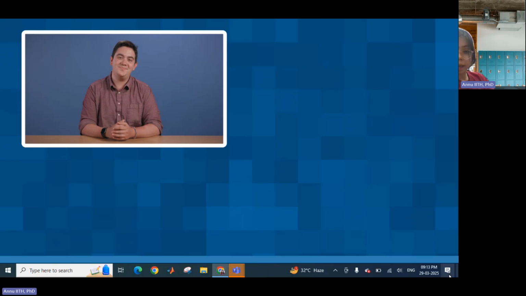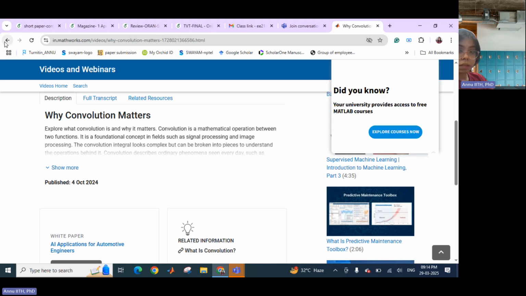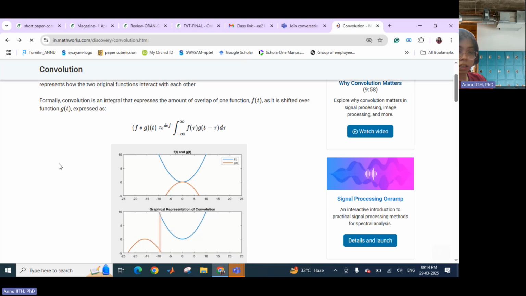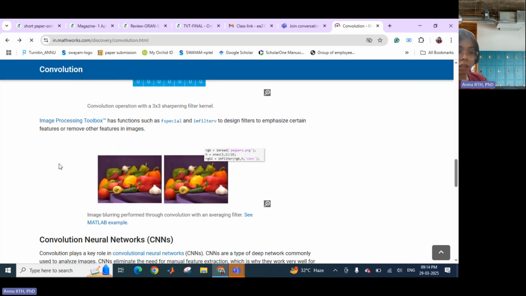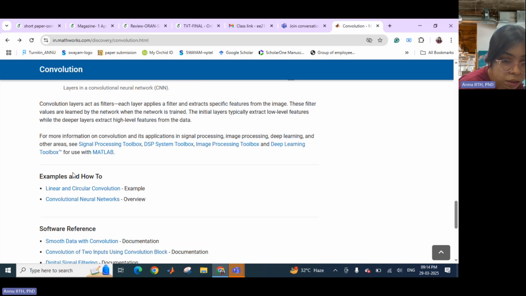Okay, so we saw the practical implications. Okay, I will just tell you some of the codes. These are the convolution and image processing. What I want you to go through is